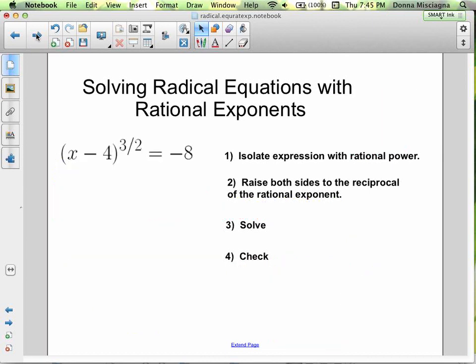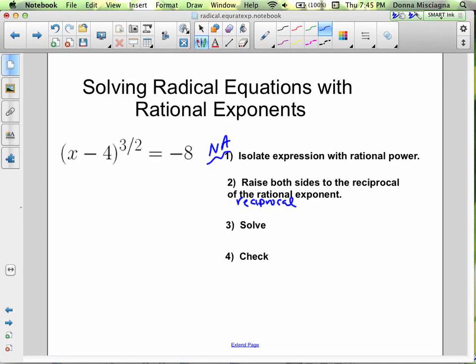Here we go. Here's our next one. No isolating here. So let's just put a little NA here by step number 1. Not applicable. It's already isolated. So now we're going to raise both sides to the reciprocal of the rational exponent. If you notice, I never changed those steps that were written here. I just put an NA for the first time by number 1. Reciprocal of 3/2 is